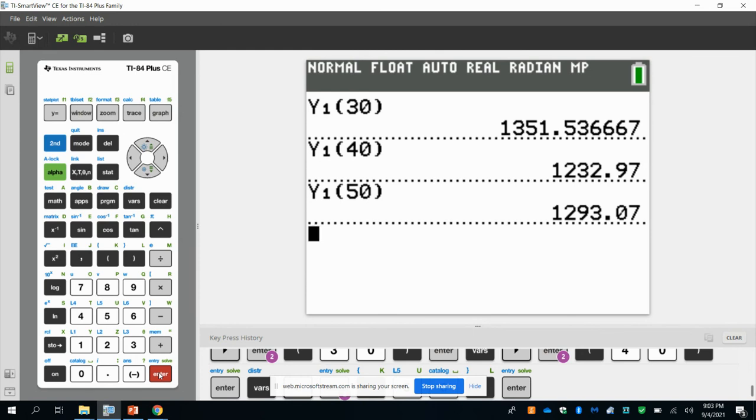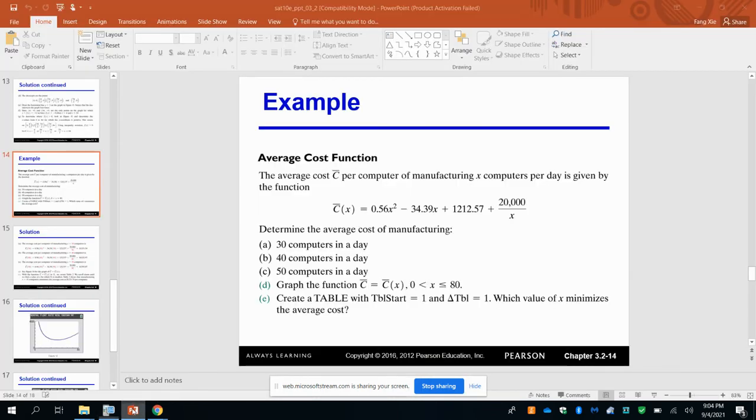So C of 50 equals 1293.07. Again, this one already has 2 decimal places, so we don't need to round it off. All right, so that is the first 3 parts. We're done with A, B, C. And then the D part, we want to graph